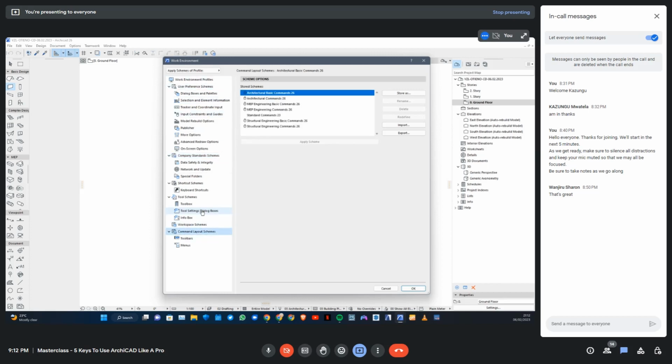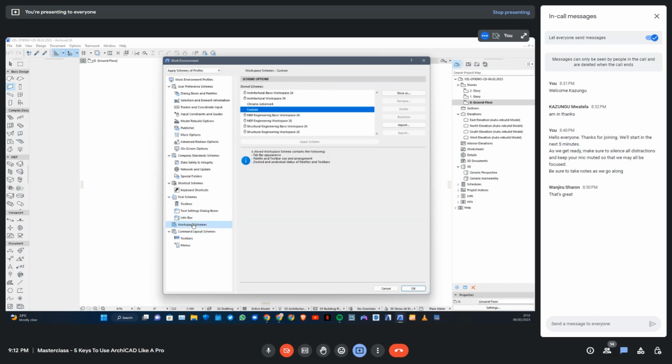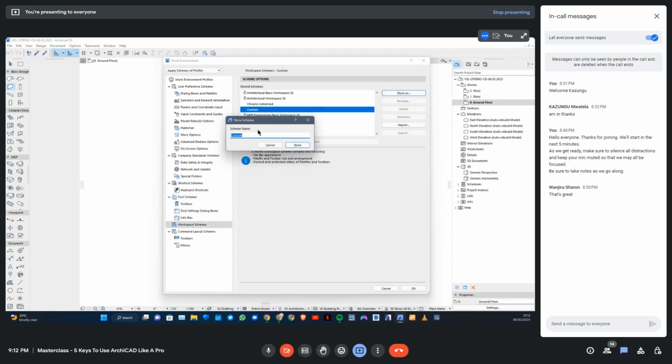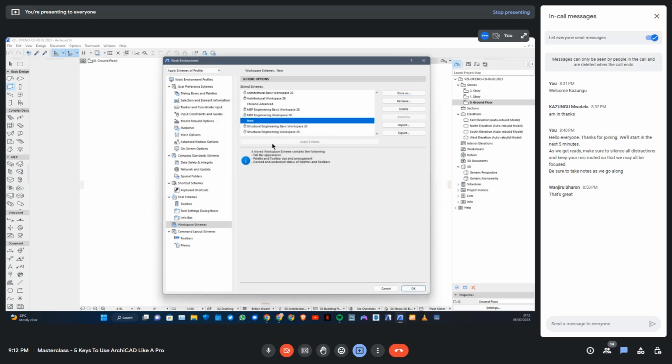Command layout, it's the basic one. As well as workspace schemes, we've created a new one. That controls tab bar appearance, palette and toolbar size and arrangement, docked and undocked status of palettes and toolbars. And our tool schemes, it's not telling us what it contains, but let's also save this as new and store